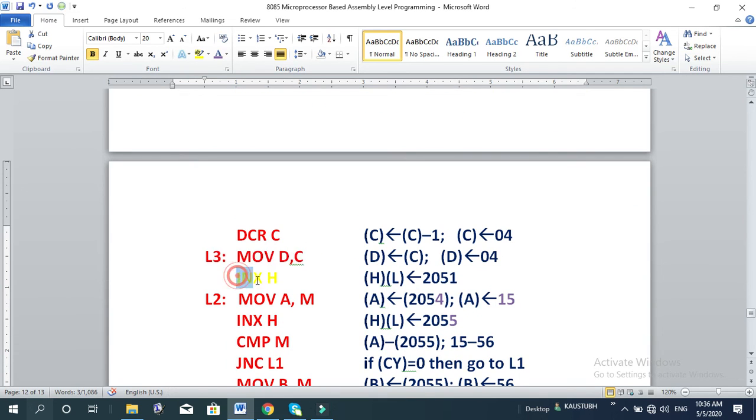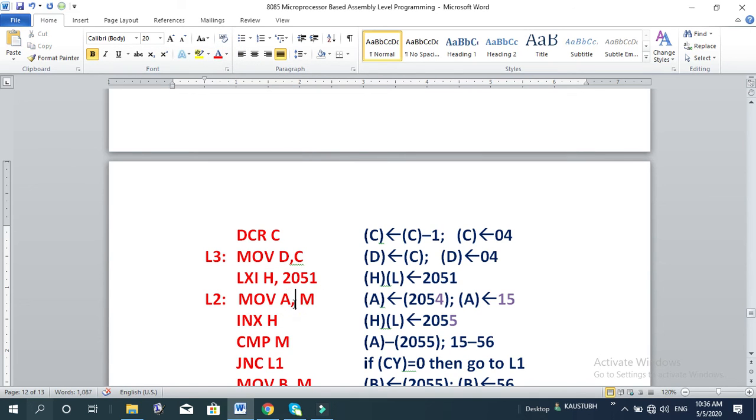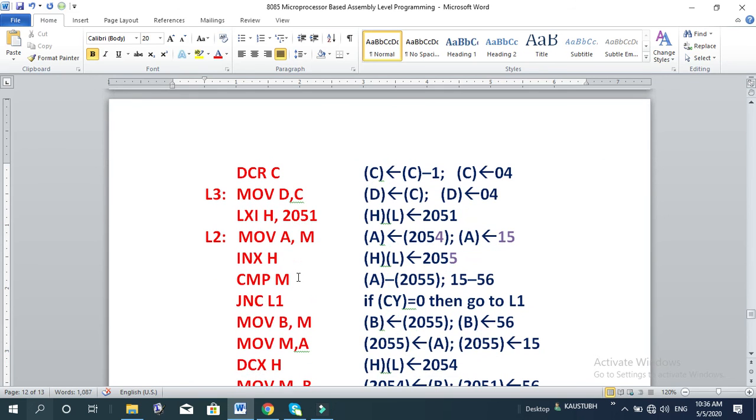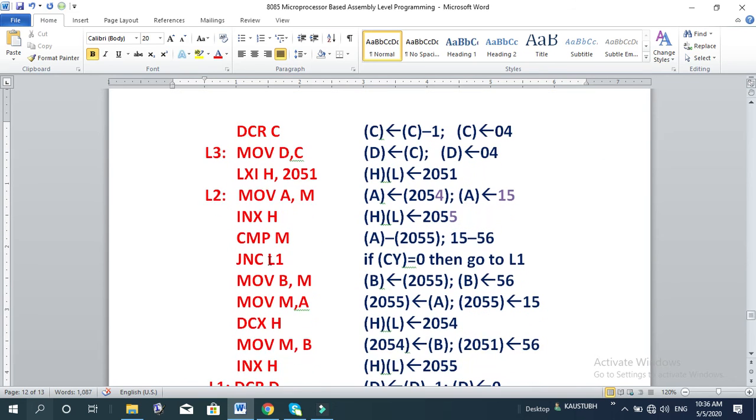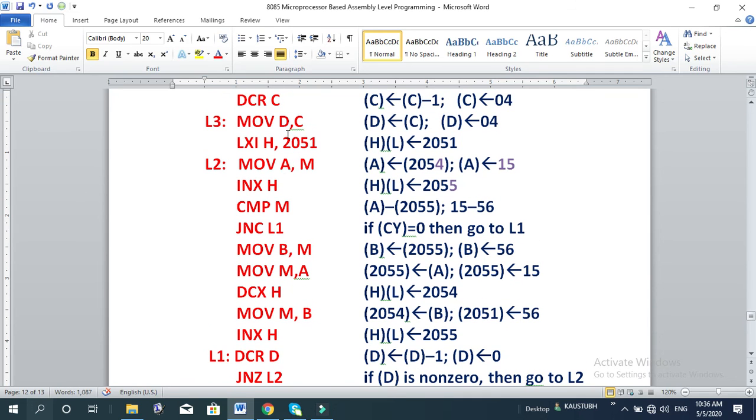Therefore it should not be INX. So better you put it as LXI H comma 2051, because at the beginning LXI also makes it 2051, which is the same meaning. Okay, so it should not be INX H, it should be LXI H 2051. Then the same thing will repeat for 3 times now,